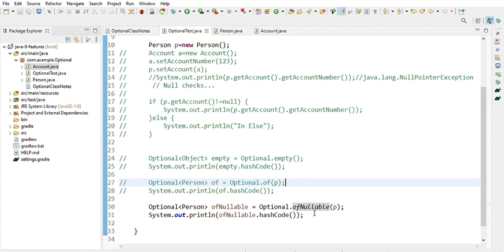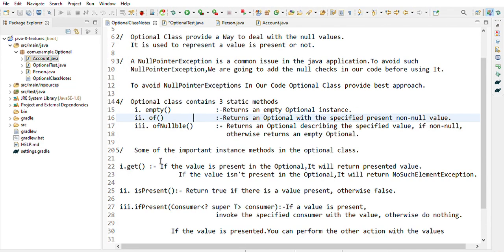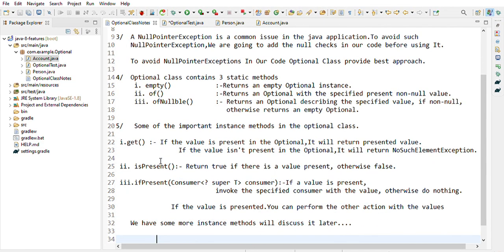Okay, now in the Optional class there are two methods we need to understand. What are the two methods? One is the get method. So this is the get method. So the get method, why we are going